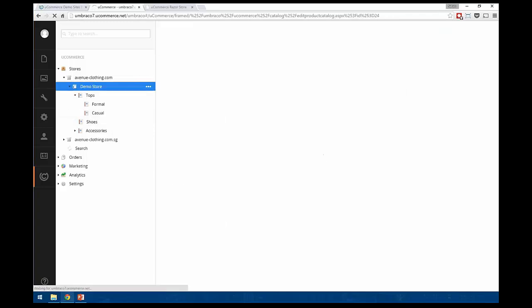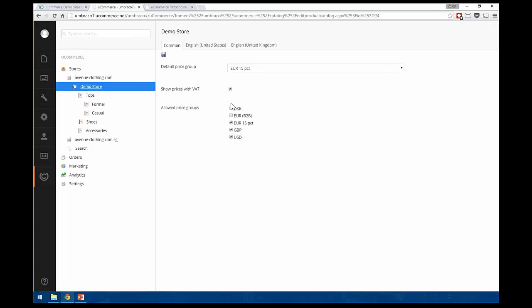From the catalog perspective, there's also a couple of interesting things to note. First thing is you can see here how we tie in multiple price lists onto the structure. Basically we're allowing the products that live in this particular catalog to be sold in euro, pounds, and US dollars. And you can swap that in and out. For B2C, this is a very common situation where you would handle multi-currency like this. It's also something that works well for simple B2B scenarios. For the really advanced ones, there are a number of other considerations you want to make before you go down this route. But for B2C at least, this is the way to do it.